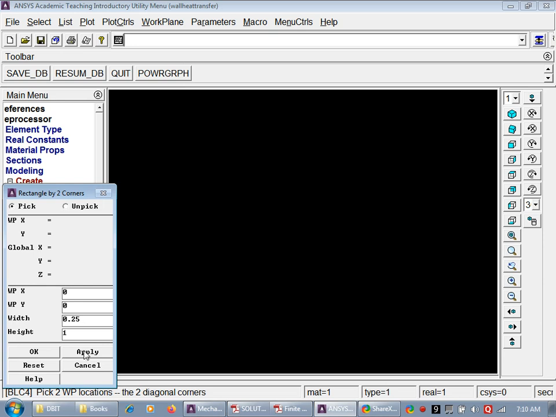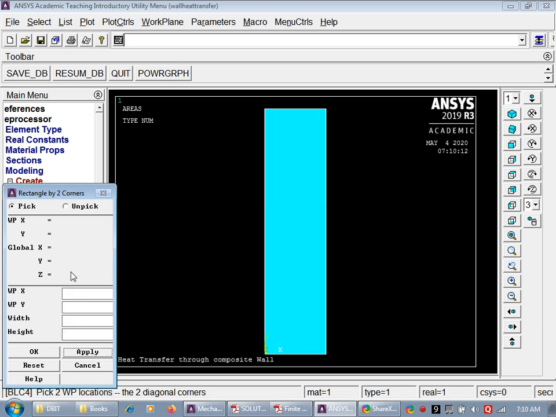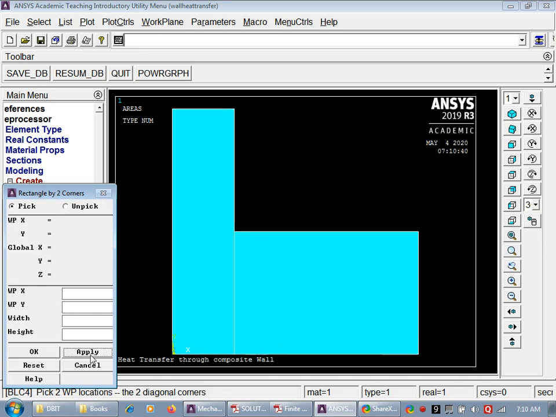So I apply. Then the next element that I have, I will create this one. It is 0.25, 0, then the width is going to be 0.75, and the height is going to be 0.5, so half of this.